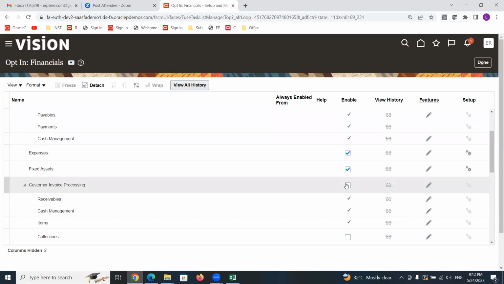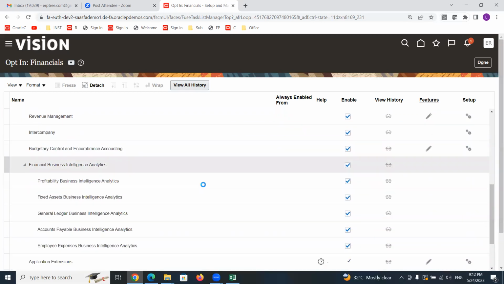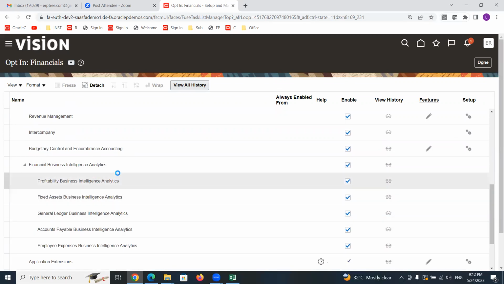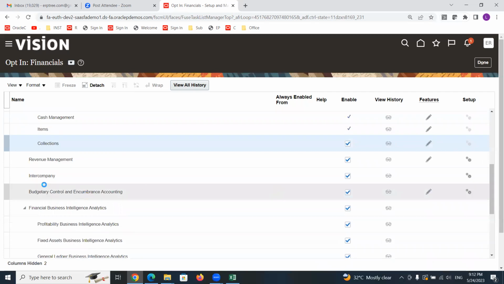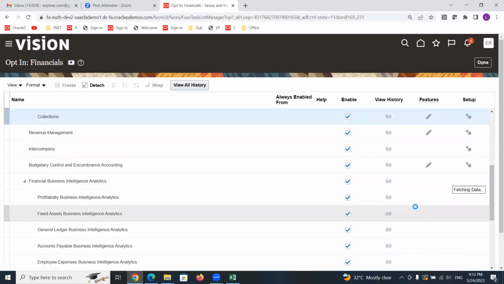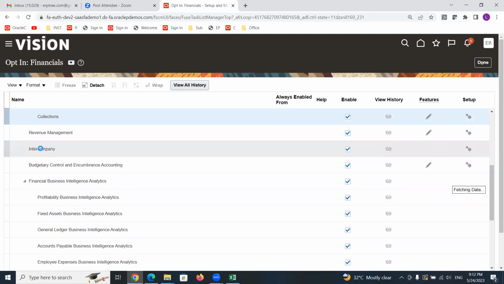Customer invoice processing is nothing but receivables, and collections is a separate application. Other options are for business analytics, where you can do the analysis. These are separate, additional features. Budgetary control and encumbrance accounting, that is a budget concept. This is an intercompany concept.